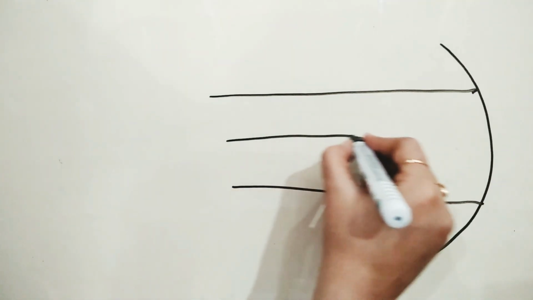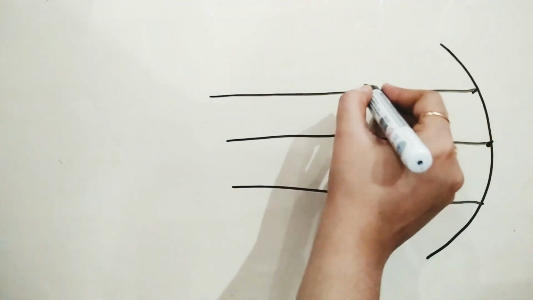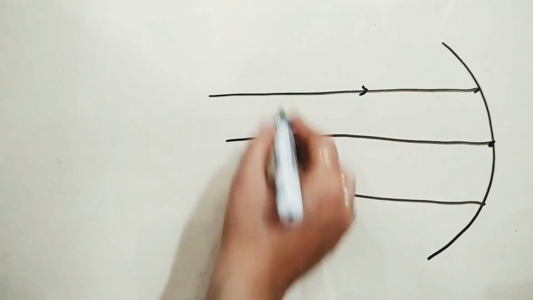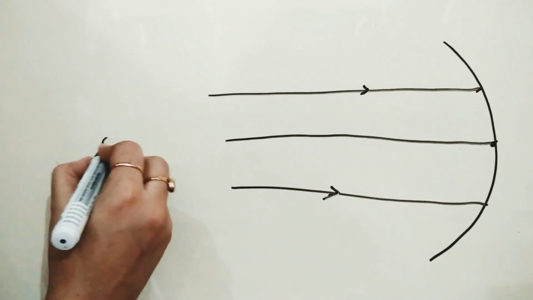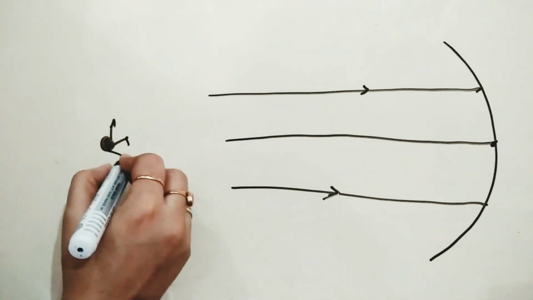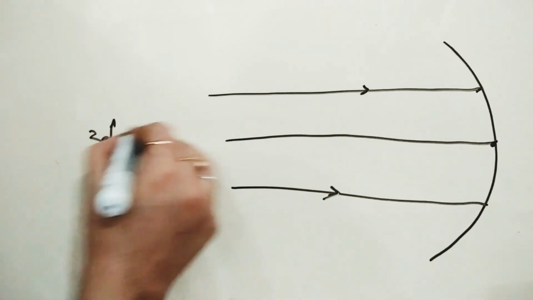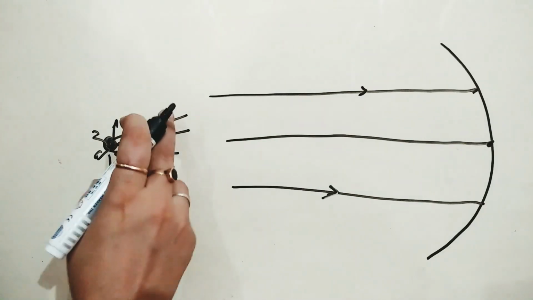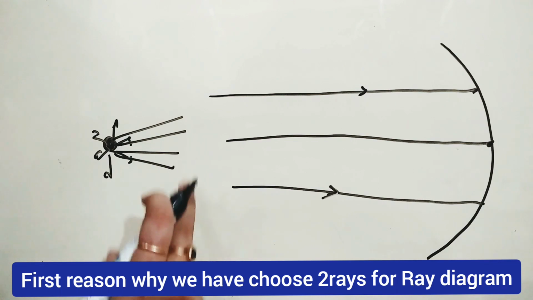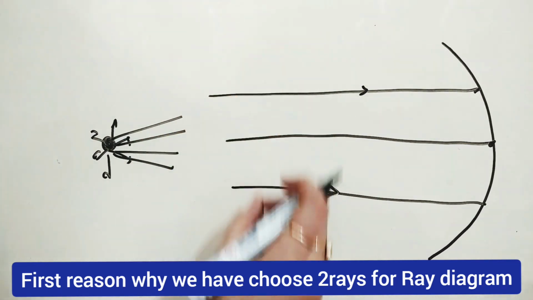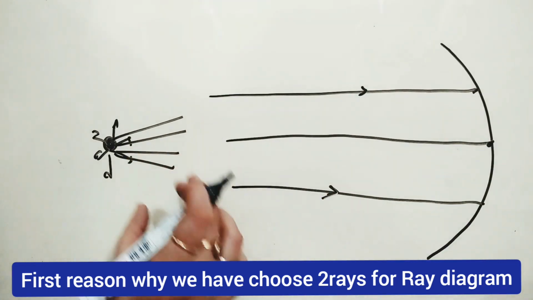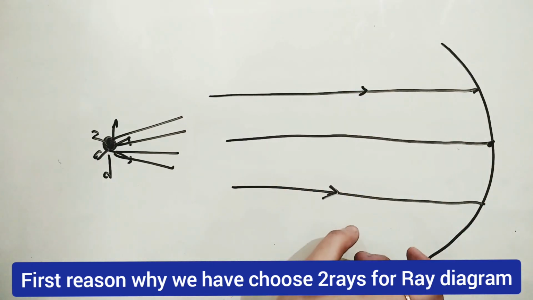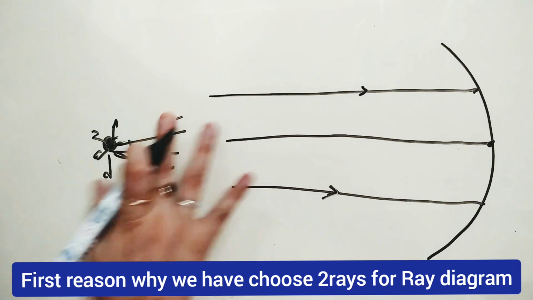Now this is one of the examples of a ray diagram. Just for example, this is the principal axis and I have drawn these two rays. Now one important question, why are we considering only 2 rays here? Whenever there is an object, it can emit a large number of rays moving towards this spherical mirror. But if we take all these rays, it is very difficult to understand. For clarity, so that we get a clean diagram for the image, we use only 2 rays.